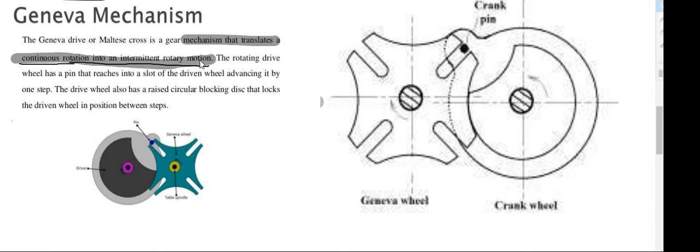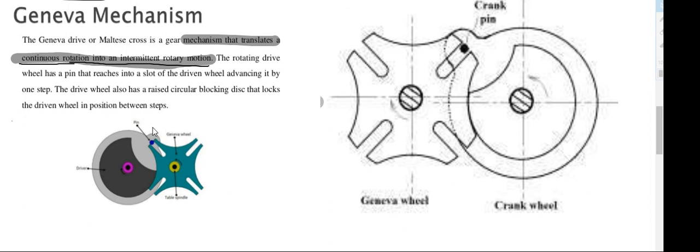There are many questions in many of your competition exams like PSC or anything related to mechanical engineering, GATE, or central government exams, asking which is the mechanism that converts continuous rotation into intermittent rotary motion. That means we will have a continuously rotating disc that will be converted into an intermittent one. We have seen what a crank does. A crank does the opposite: it makes reciprocating motion, which is not continuous, into a rotating motion.